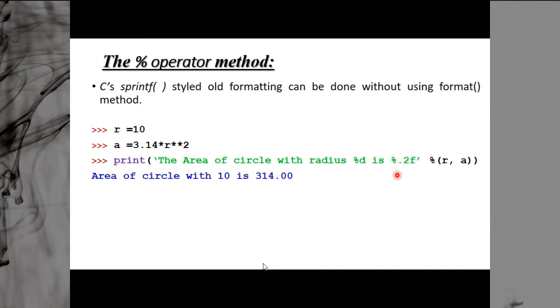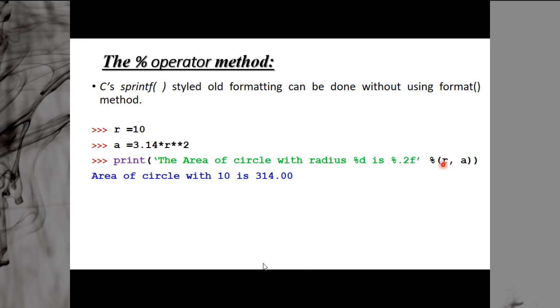We use the same notations, the notations we have discussed earlier. The only difference is that before, we put the notation into curly brackets, but here we are putting it as %d and %0.2f. So this is your percentage operator. And after the end of the string, after a blank space, no dot, nothing, we put the percentage sign, and then in the brackets we specify the values. The number of percentages used here, the same number of values you can provide.